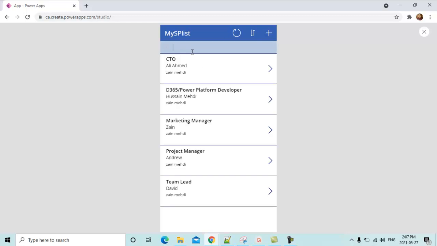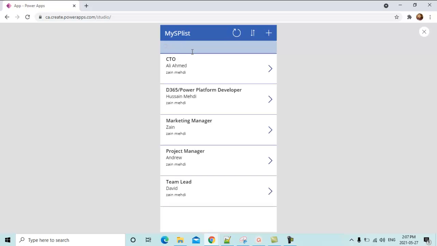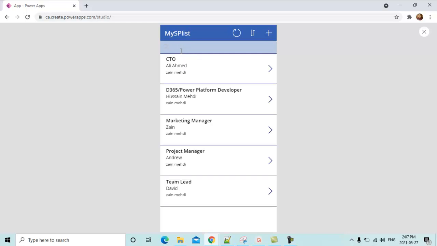So if you want to see CTO, if you want to see project manager, so this search option is configured on title. You can configure on full name, or if you have more fields, you can configure this search on those fields